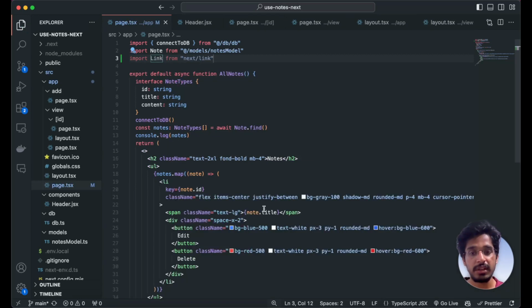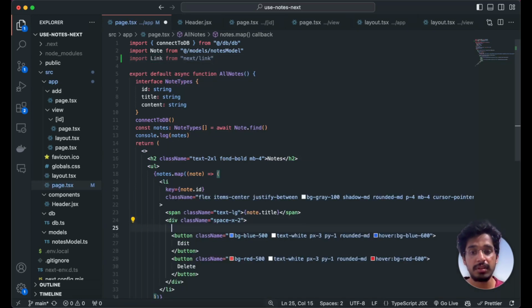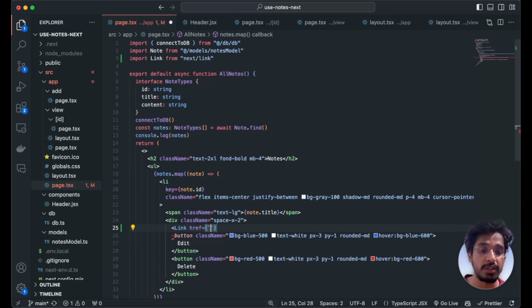Okay, so once that's imported, we need to wrap this edit button over here. So let's wrap that within the Link tag, and we need to give this an href attribute. Okay, so where the user has to be navigated when the user clicks on this button. So let's provide the href attribute over there, and let's open our backticks, and this should go to the note edit page. Okay, which we will be creating after linking this. So let's go to note slash and then the dynamic value of the id, okay, the note id, so that we are actually getting it from